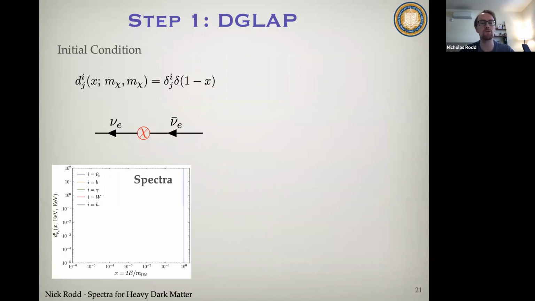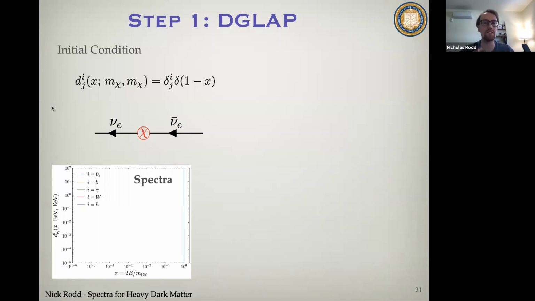So let me just run you quickly through sort of the overview of the logic. I'm being a bit simplistic in my discussion of what happened at step 1, but please press me if you'd like to know more details. So the idea is that we start our evolution at the high scale where the dark matter mass is. And so to begin with, we can ask what is the fragmentation function before any evolution has occurred. So in the particular case of dark matter decaying to 2 neutrinos, well, we'll just have a delta function, which was our naive expectation for the spectrum, where all of the energy fraction of the neutrinos is sitting at 1, and then there can't be any change in species at this point. So there's just a Kronecker delta associated with that. What I want to do is then evolve this down.